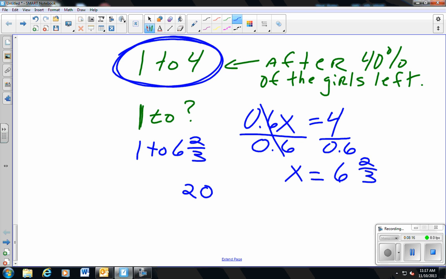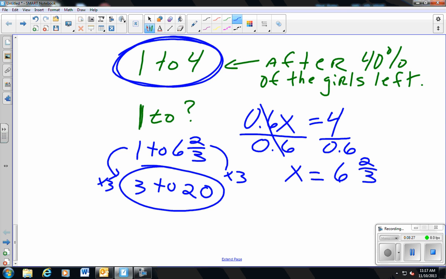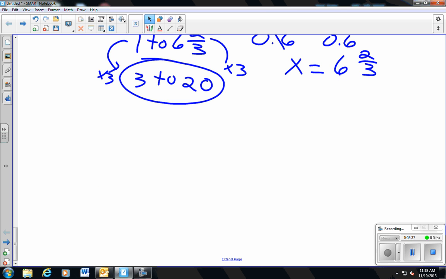If we multiply the 6 and 2/3 times 3, then we have to multiply the 1 times 3, and that would give us 3 to 20. So before any girls left, the ratio of boys to girls was 3 to 20. We've got quite a bit of information there that we need to then write our algebraic expression for